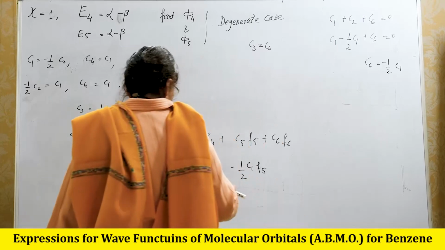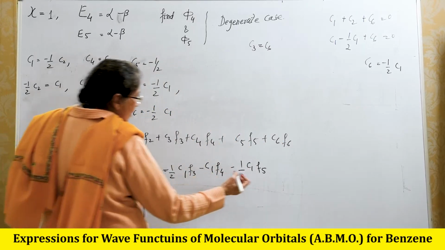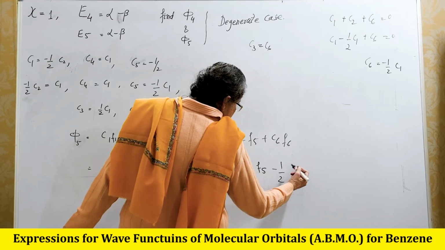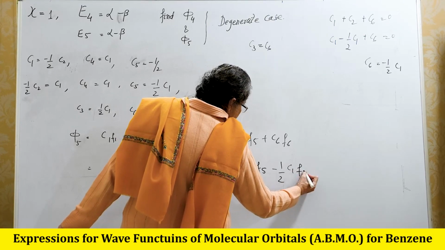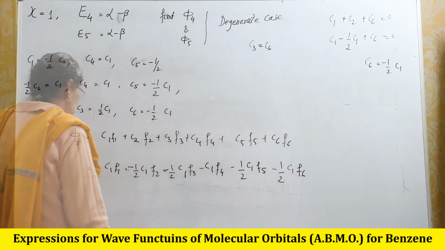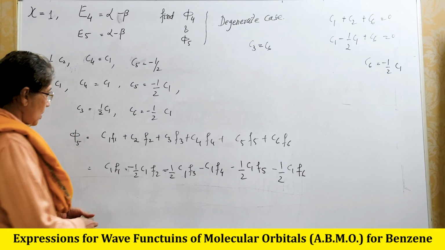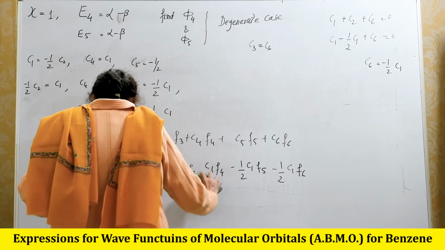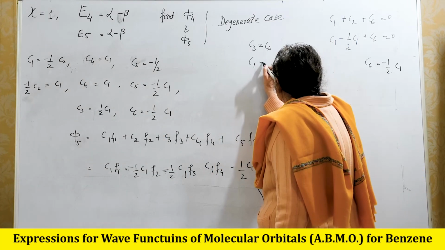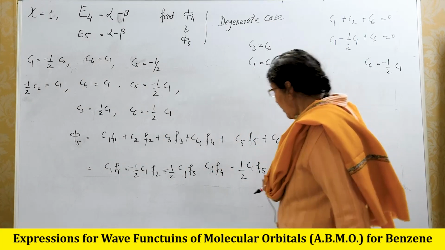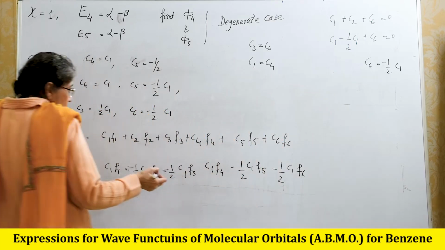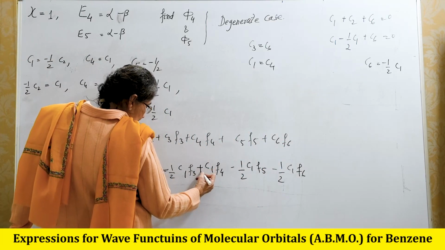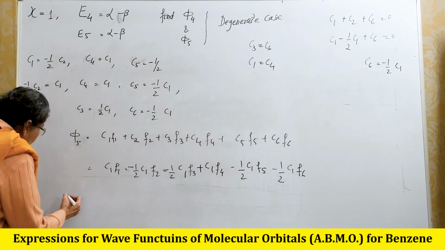So minus half C1 F5 minus half C1 F6 is equal to C4, so it is plus. We knew that C1 is equal to C4, so C4 in terms of C1 is plus C1. So phi 5